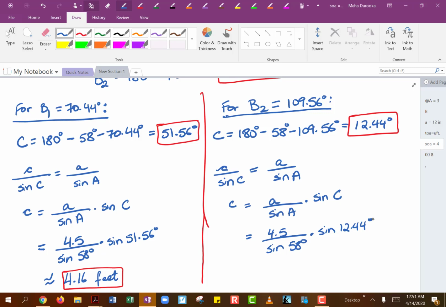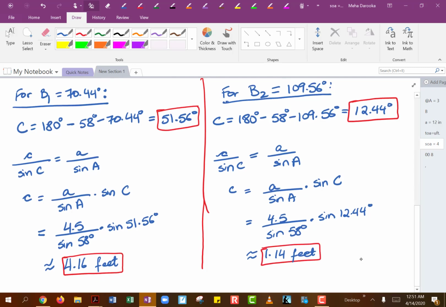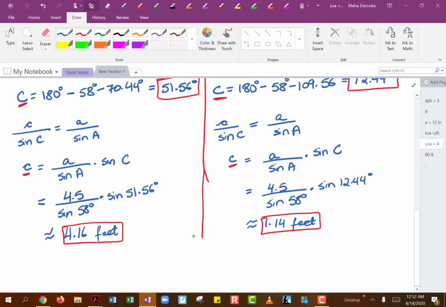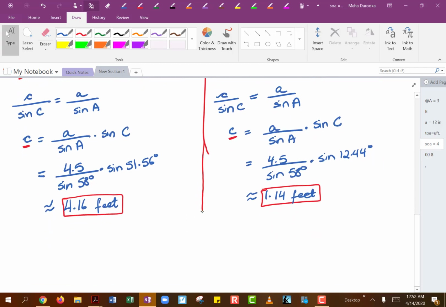And this guy will end up giving us approximately 1.14 feet. So that was for side C. This was for angle C. Okay, so you can see we end up getting pretty different triangles because you are going to have an acute